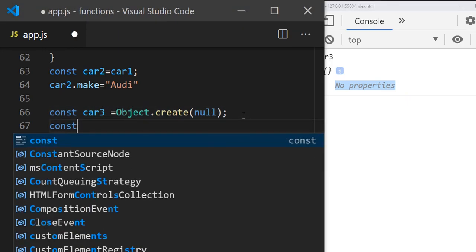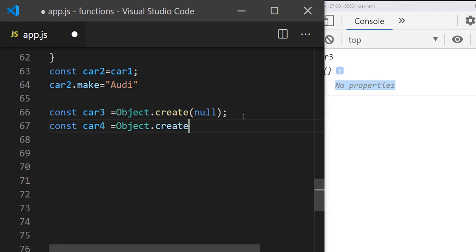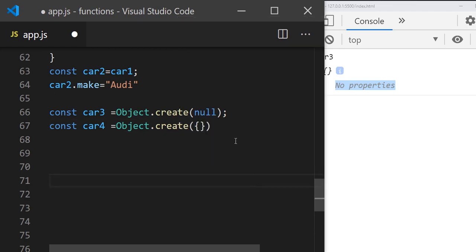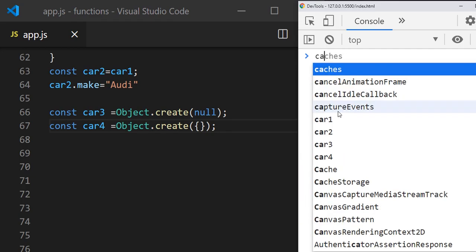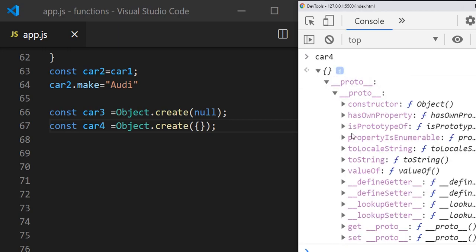And you can create the object car4 with Object.create of, and you can give curly braces and create it like this also. And if you print car4, you can see again empty brackets, but it has the proto.